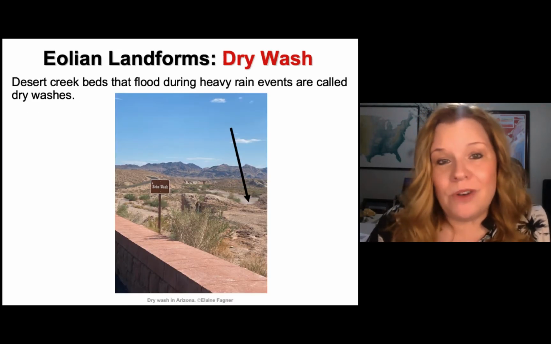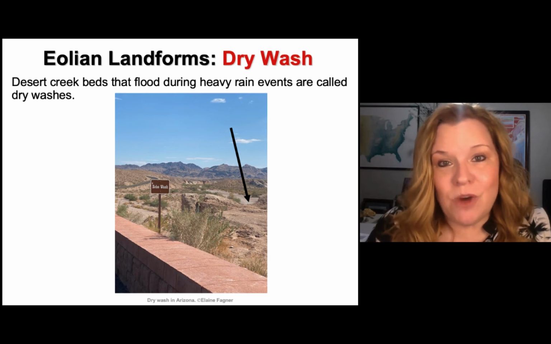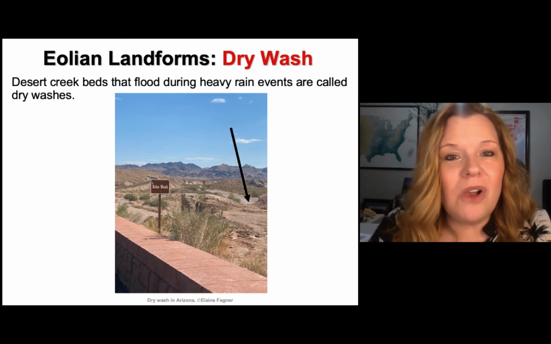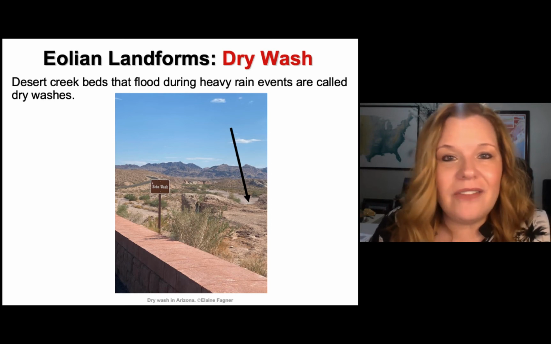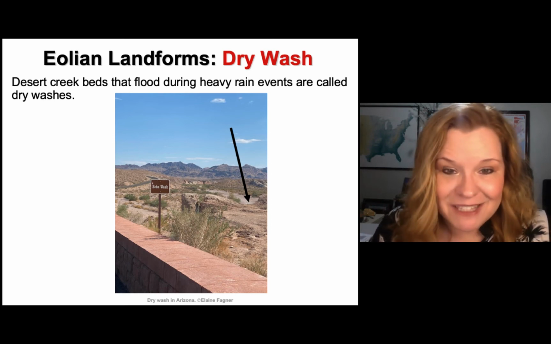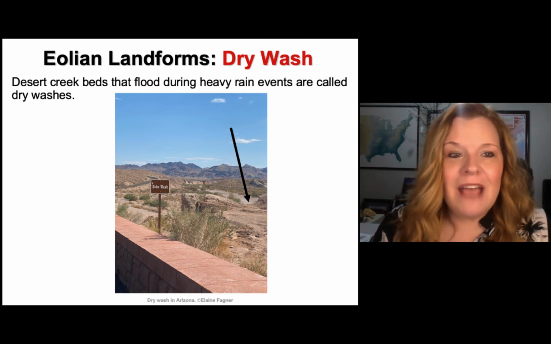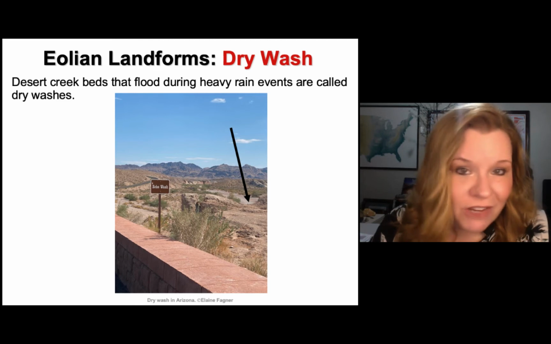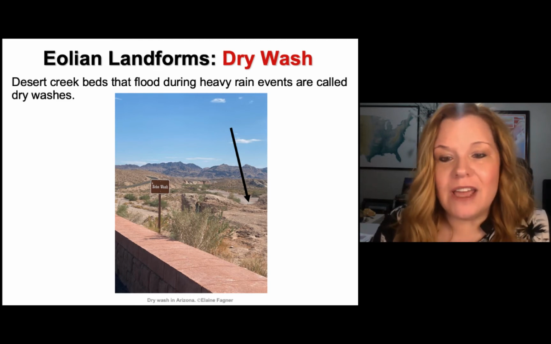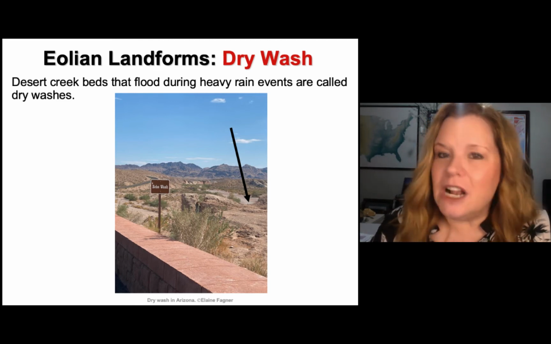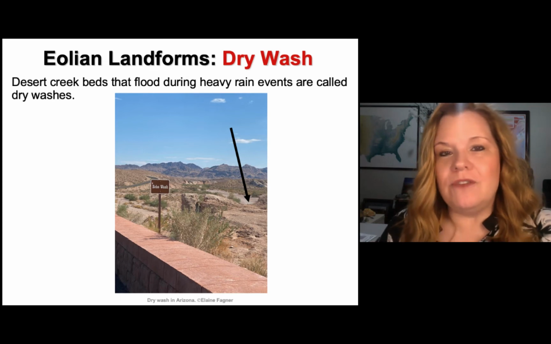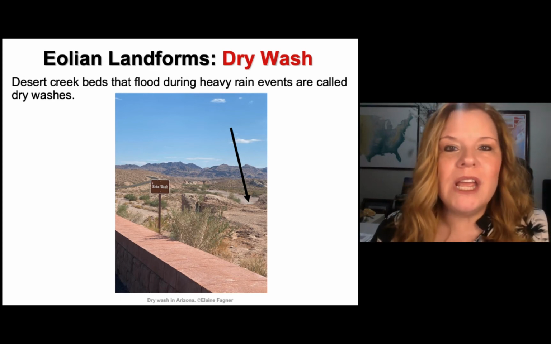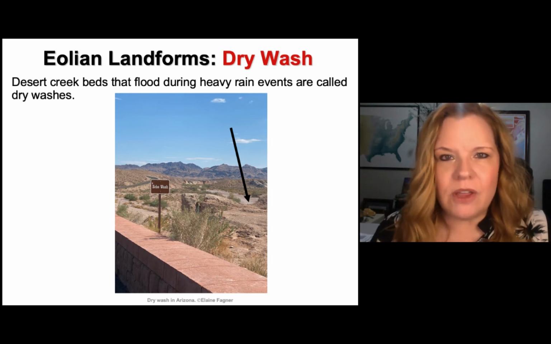A very important aspect of deserts are dry washes, and I've already talked about these, but I wanted to show you one because you'll see them all over the desert. You'll see lots of dry washes, and they even have names, like this is Echo Wash. But these dry desert creek beds become raging rivers when you get a flash flood. You can clearly see the power of erosion if you hike down a dry wash or even look at one from the road and see how powerful water can be in the desert.